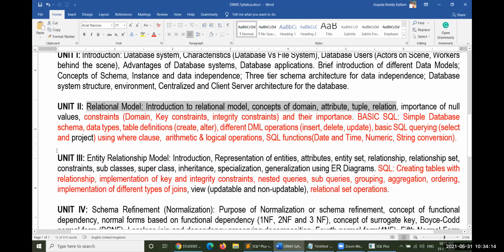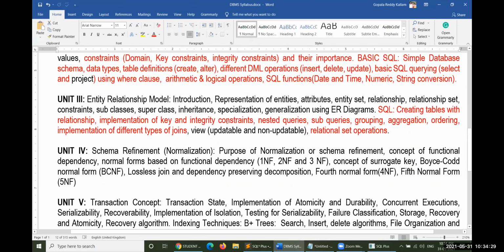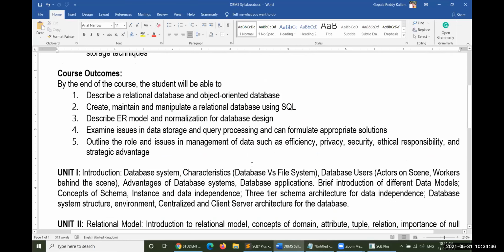So everything is a very small concept, just definition kind of things only. Already we have taken it using the practical approach. Already we have taken, so very small topics only. Tomorrow we may complete unit number 2, and of course tomorrow, day after tomorrow, we'll enter into this particular unit number 3. Okay, so this is what today's class, and you people are not going through. You people are not